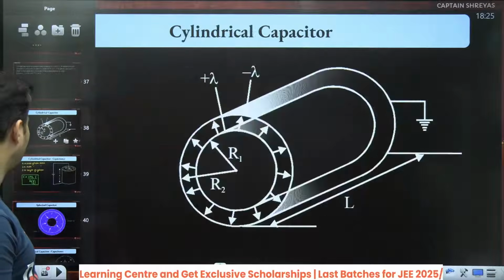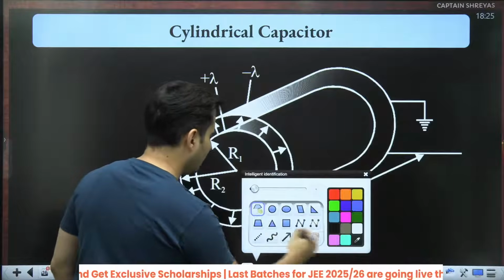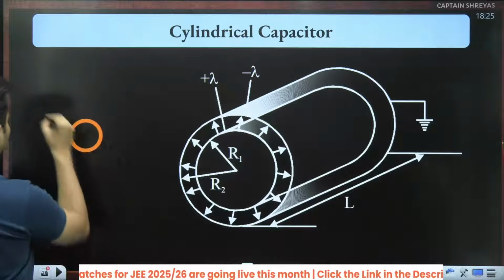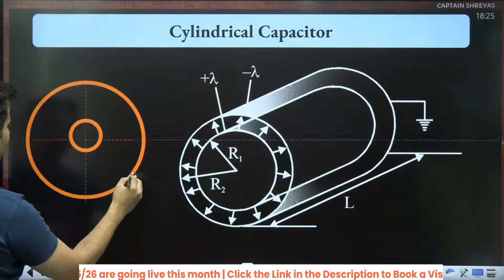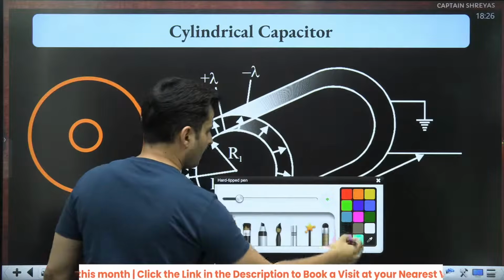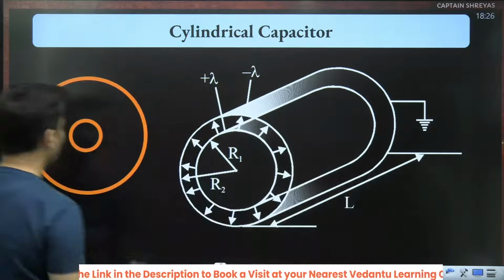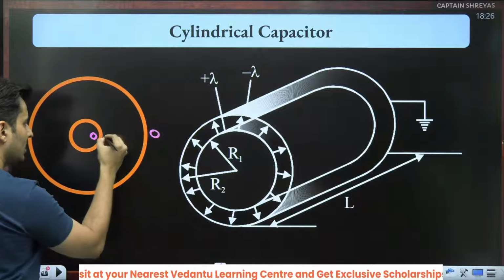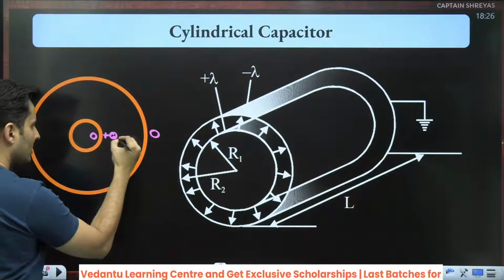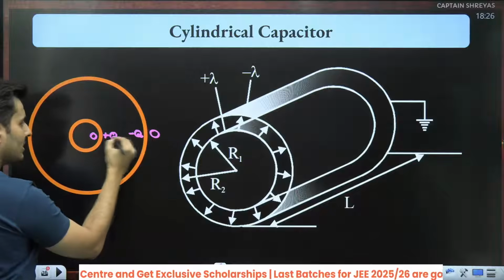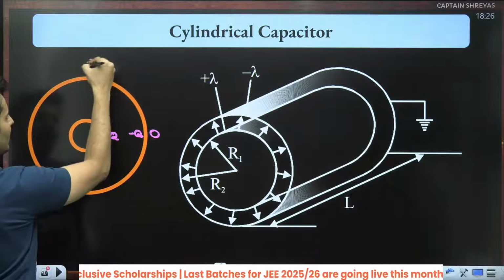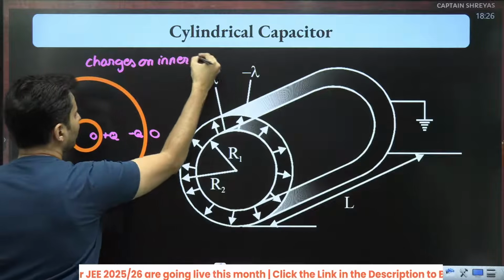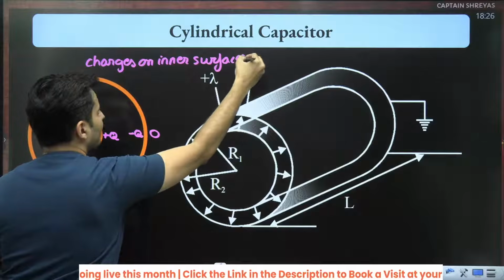Please remember one important thing. Again, I'll show it to you over here. Say for example, this is the inner cylinder. Let's say this is the outer cylinder. Please remember some small things over here. Innermost side has no charge. Same thing, outermost side has no charge. This side, if it has plus Q charge, this side will have minus Q charge. The charges are only there on the inner side. So charges are on the inner surfaces only.